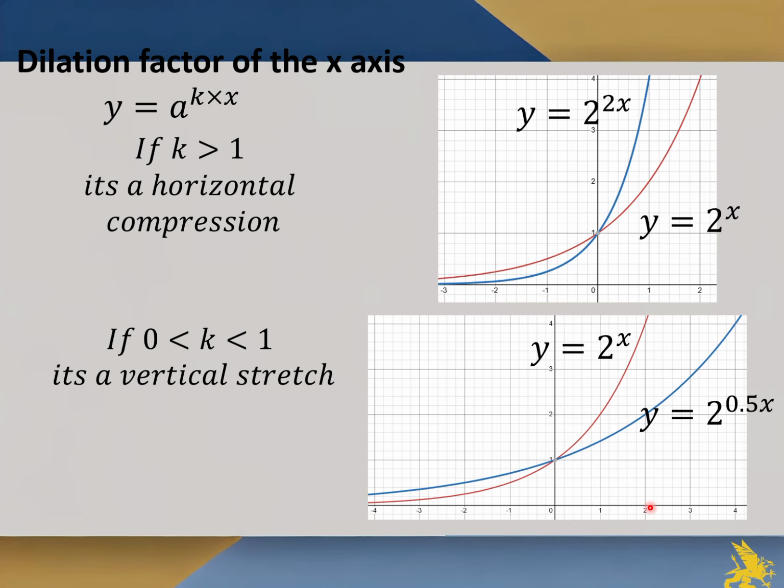Likewise, if I've got a dilation factor of the x-axis, it means that I've got horizontal compression. So that word should be horizontal. I'll fix it up on the PowerPoint later, but that is just horizontal. So it means that we are pushing away from the y-axis. Okay,